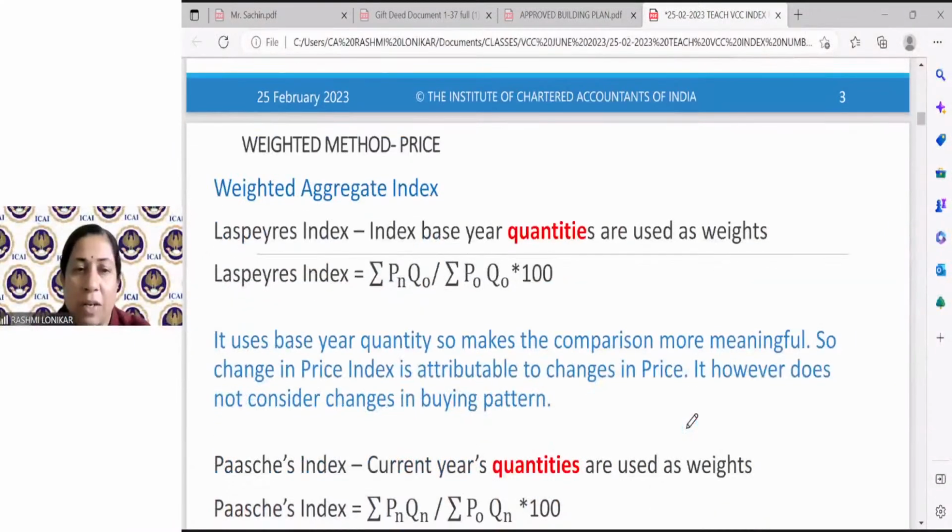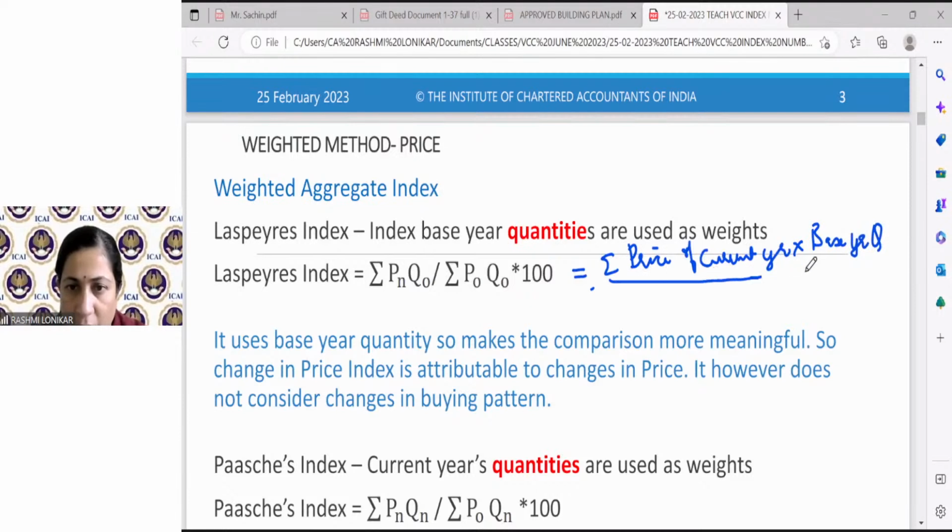Okay. So we are talking about the weighted aggregate indices. Laspeyres says that the index base year quantities are used. So what does Laspeyres do? ΣPnQ0 upon ΣP0Q0, that is the current price into the base year quantity. Okay, so what does this mean? This is summation of price of current year into base year quantity